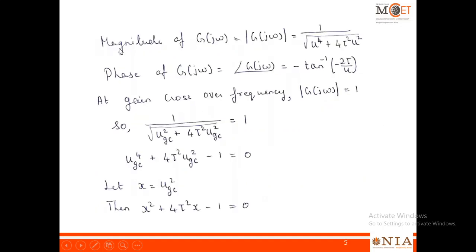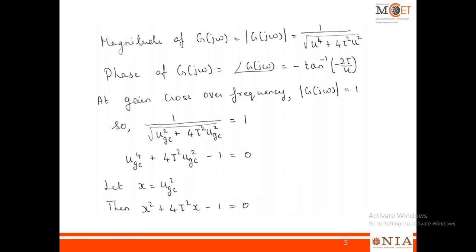I will tell you where the phase function is. See, this is the phase of the open loop transfer function. So we have to find the phase value at what frequency? At gain crossover frequency. That means you have to substitute the gain crossover frequency here. When you substitute it, you will get the phase at gain crossover frequency, that is phi GC,